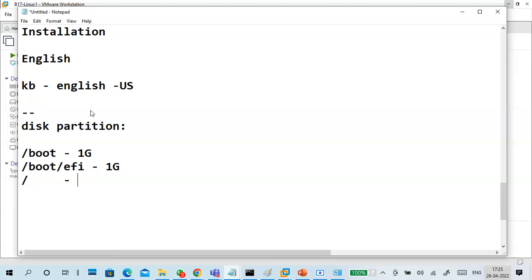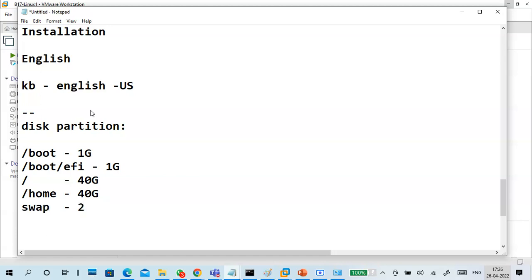Slash contains the entire operating system, so I'll give 40 GB. /home is the users' home directory. You can give 20 GB, which is also enough; otherwise give 40 GB. So 40 plus 40 is 80, plus 2 GB, about 82 GB for partitions. One more will be there, that is swap.